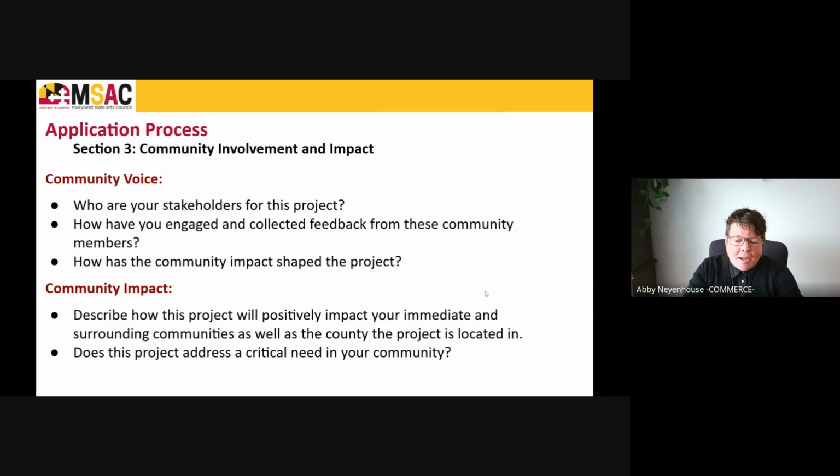And then community impact, we want to know how this project will positively impact your immediate and surrounding communities, as well as the county the project is located in. And then the next question we'll ask is, does this project address a critical need in your community? And please elaborate there. A yes or no would be, my tip would be to give a little bit more